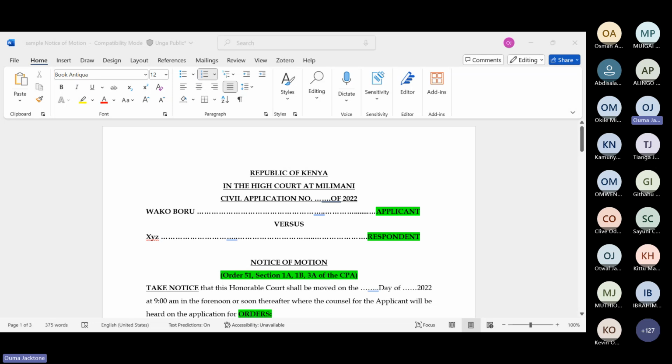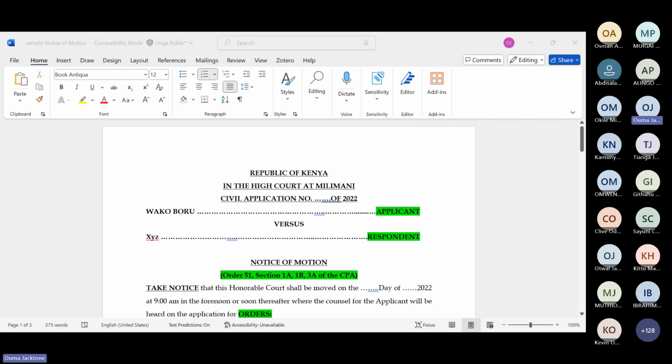Order 22. You cannot execute a decree against the government under Order 22. That is execution of decrees. You cannot attach government's property. You cannot send government to civil jail. I'm talking about execution of decrees: attachment and sale of movable properties, attachment and sale of immovable properties, attachment of salary, all that. You cannot get orders of execution against the government under Order 22.